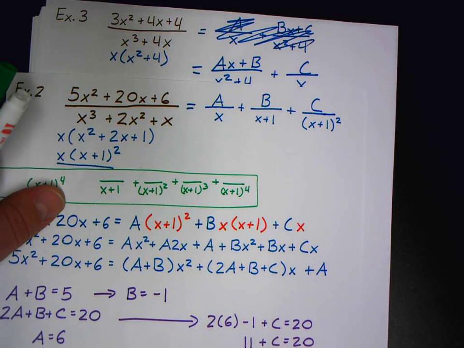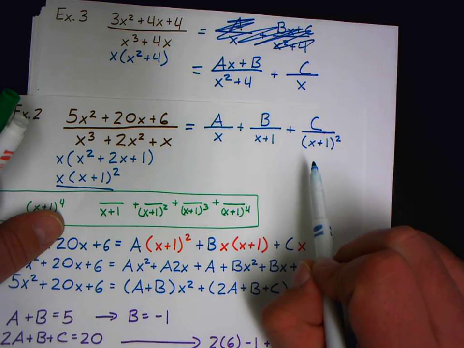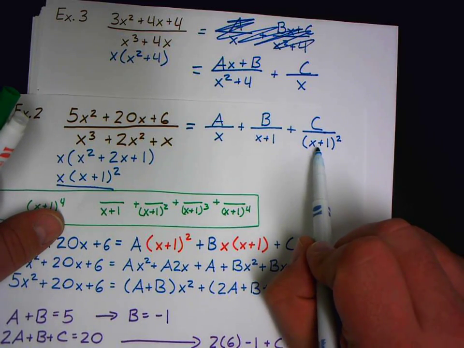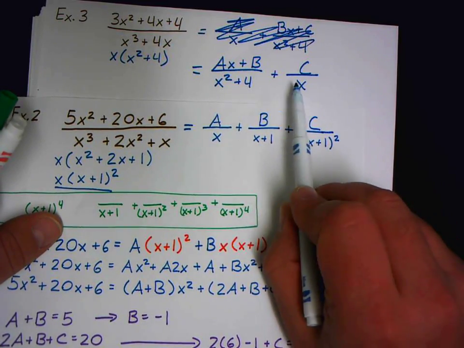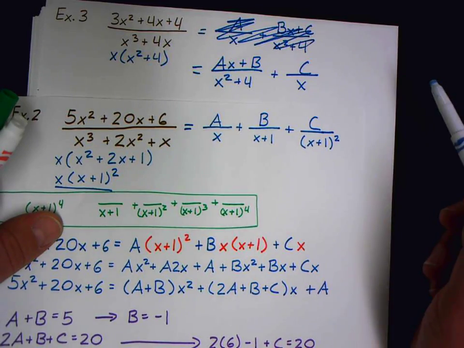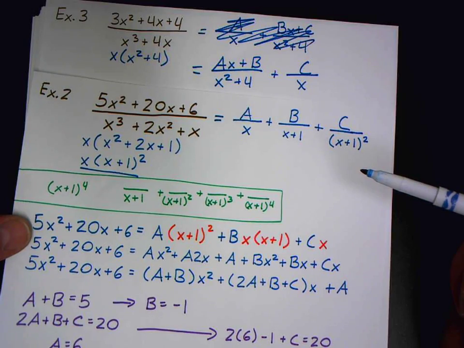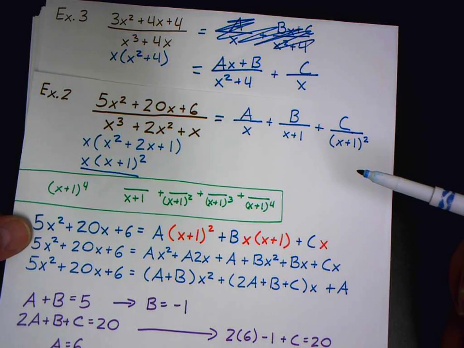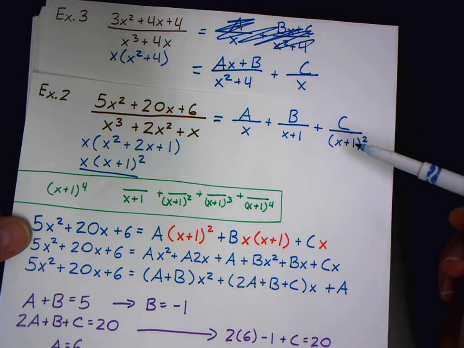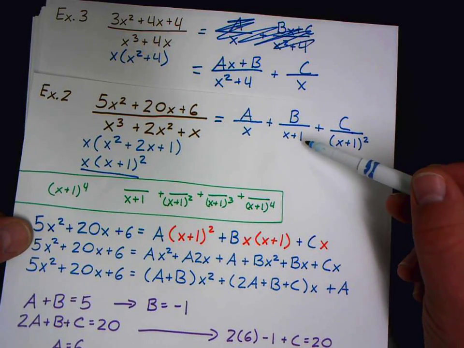Why didn't you put B plus C in the second one? On which one? This one? This one. Example 2? On this one, right here. To the left, this one. Okay,